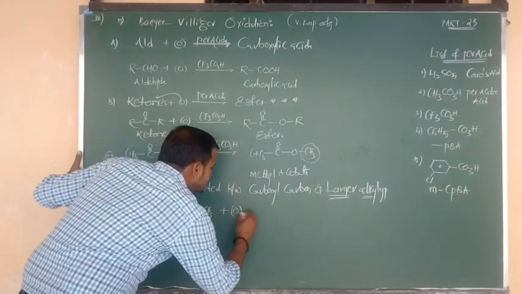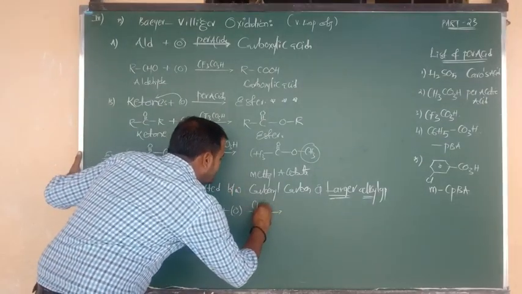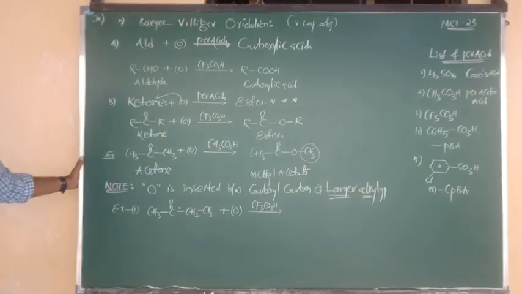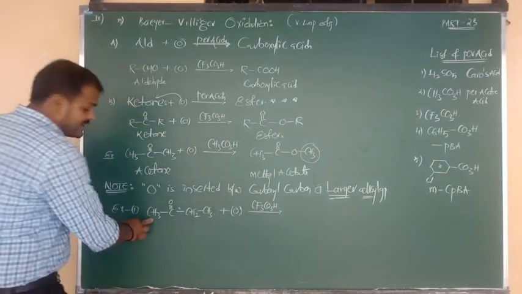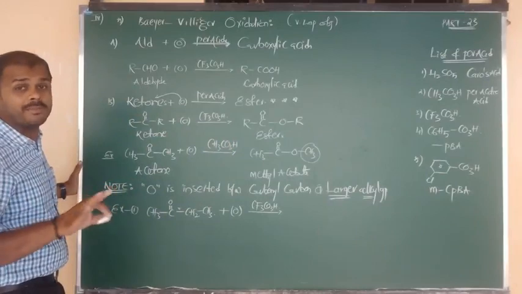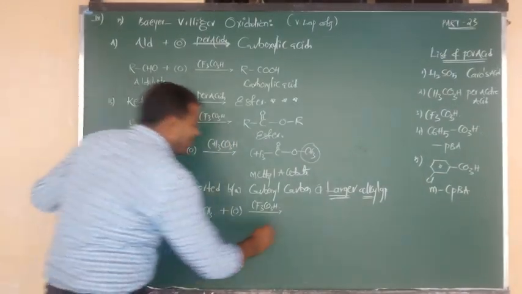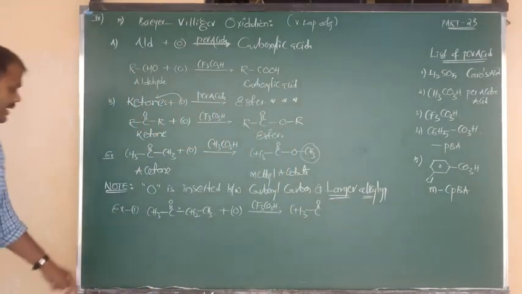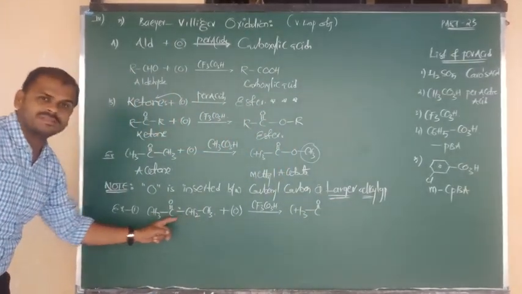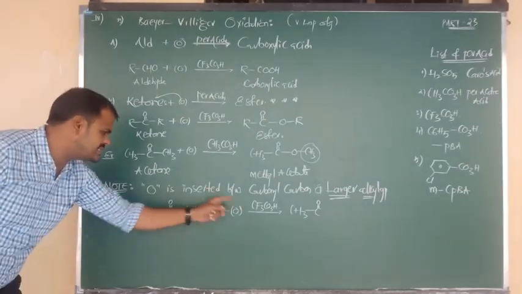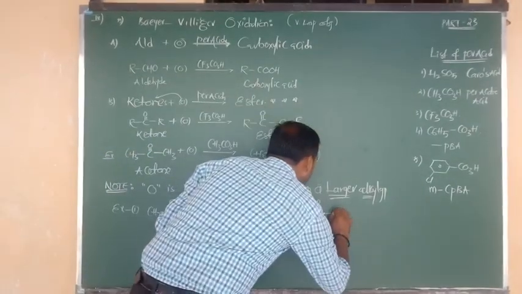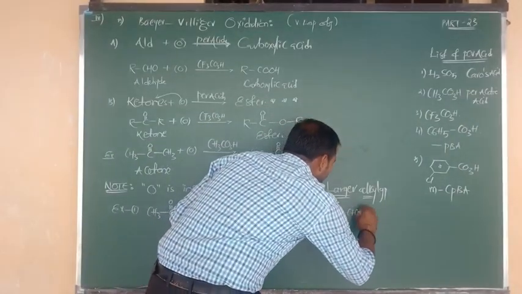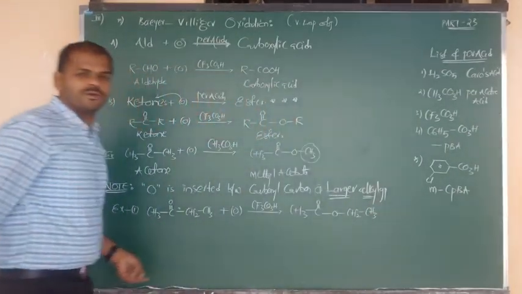So the reaction will take place. Insertion of oxygen by using CF3CO3H, or otherwise you can write CH3CO3H, no problem, as you wish. CH3 is a smaller group, so oxygen should not be inserted here. So CH3 bonded to C double bond O, I am going to write this as it is. Next, this is the bulky alkyl group and this is the carbonyl carbon. In between these two, oxygen insertion will take place. So simply write O, after that CH2 bonded to CH3. I hope you understand.